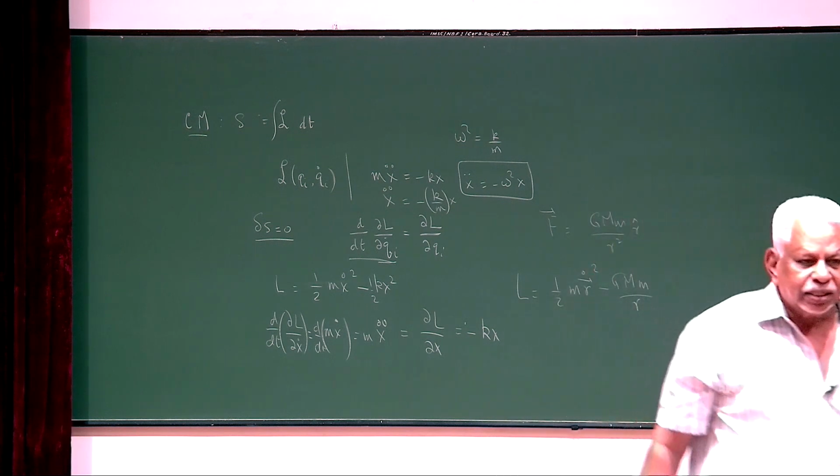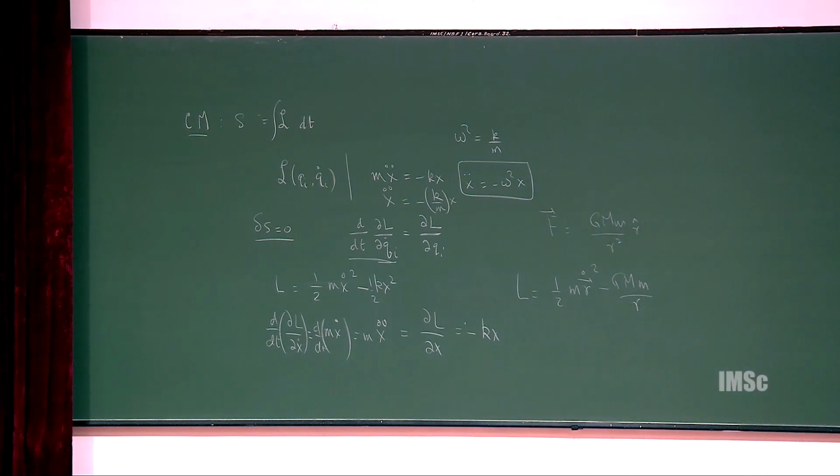Okay? And that immediately gives rise to an equation for r as a function of t and theta as a function of t. You don't have to worry about phi. The whole thing is in a plane, and that gives you the elliptical orbits, which will follow from this in very, very simple terms. I don't know whether you have done that, otherwise you should try to do it. Okay? That equation for ellipse